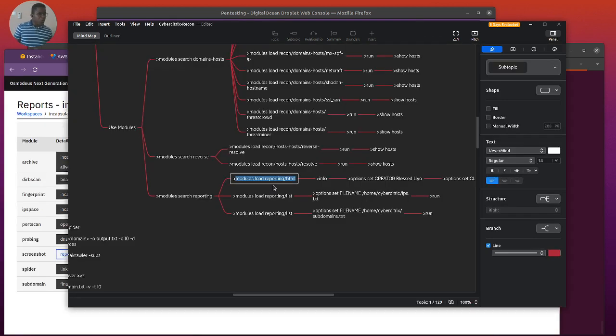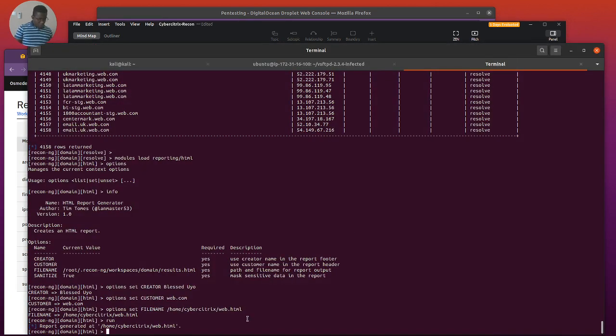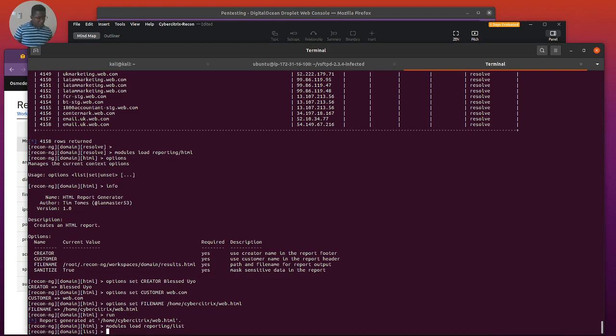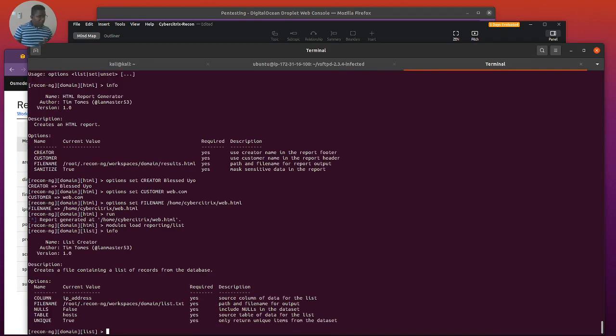Next, we're going to use the module reporting lists. Let's create reports of subdomain and for IP. So I'm going to copy this, go back to my terminal, and load this. If I view the info, it's basically the same thing. Now the column that is set here says IP address. So the file name, I'm going to have to pass